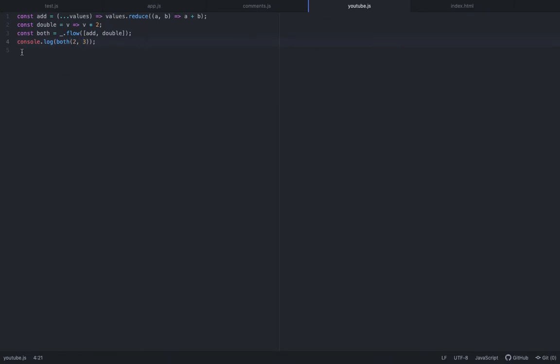And that's basically what the lodash flow function does. So now, let's say, what if you want to add conditions to this function? Meaning, what if you want to add a condition, let's say,